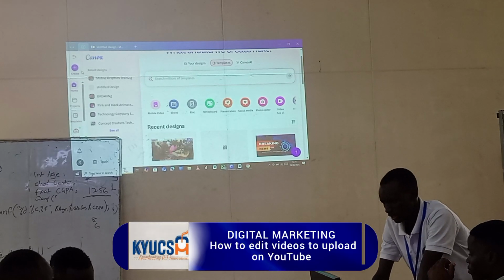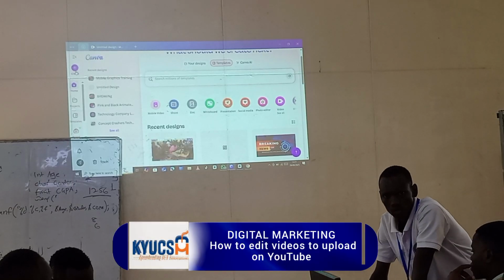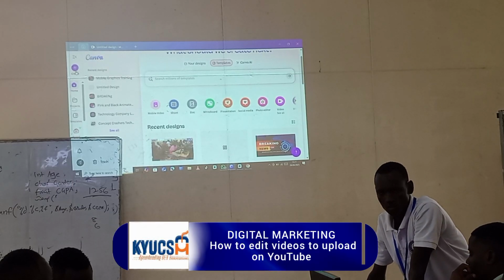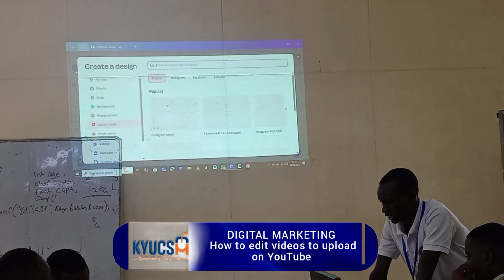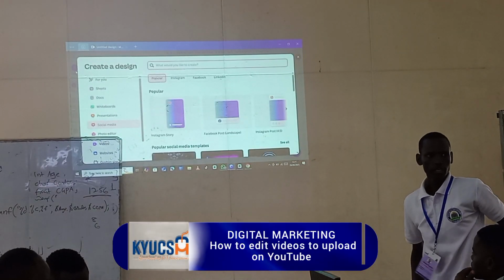So as we interacted with Canva before, everything to come up with the project, we use the create button, whereby I will click on create. On the create,